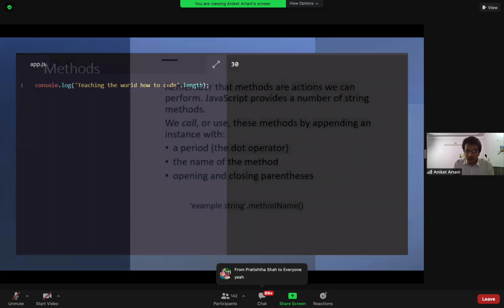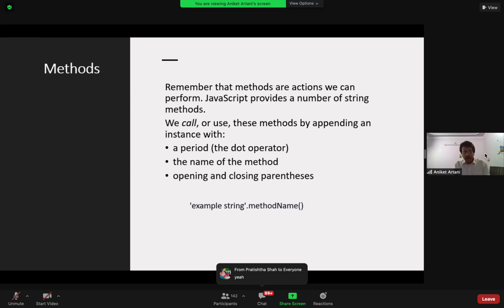And let's see methods in JavaScript. Remember that methods are actions we can perform. JavaScript provides a number of string methods. We call methods using the instance with a period, the name of the method, and opening and closing parentheses. So only leaving the length property, whenever you write length, you need to write it as a string dot length.